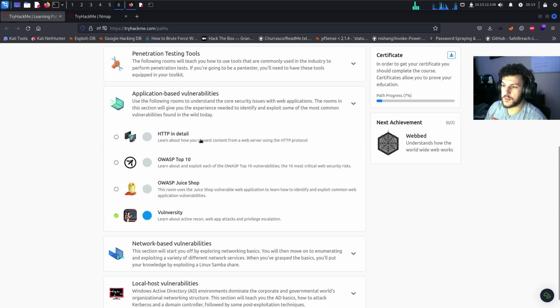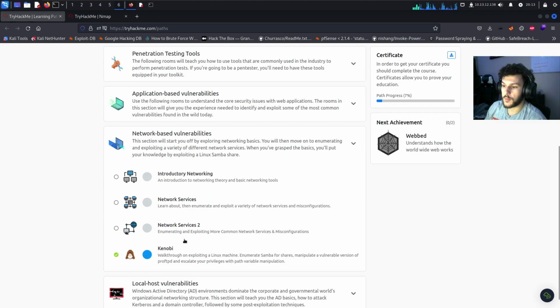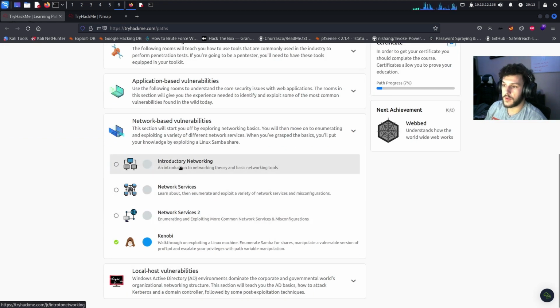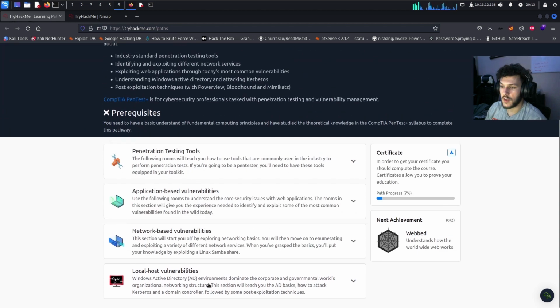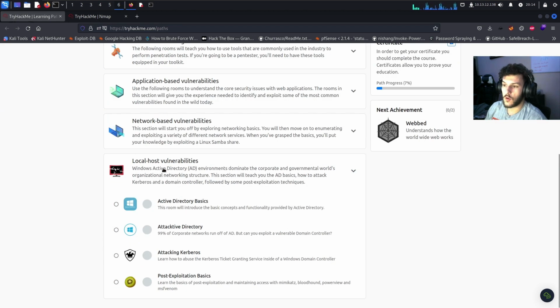And then we have application-based vulnerabilities: HTTP in detail, OWASP Top 10, OWASP Juice Shop, and Vulnerability, which we covered in the other series, the basic computer exploitation modules. Network-based vulnerabilities, which is going to be introductory networking, network services 2, and then Kenobi, which we covered in the basic computer exploitation module series. Last module is going to be the local host vulnerabilities, covering Active Directory basics, attacktive Directory, attacking Kerberos, and post-exploitation